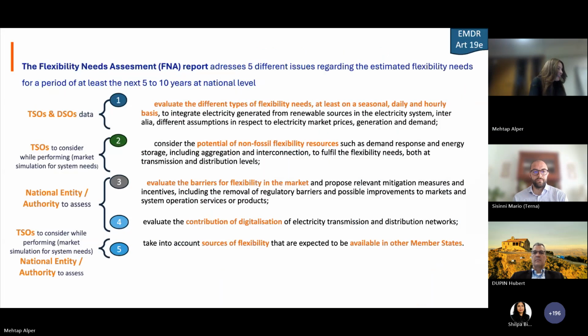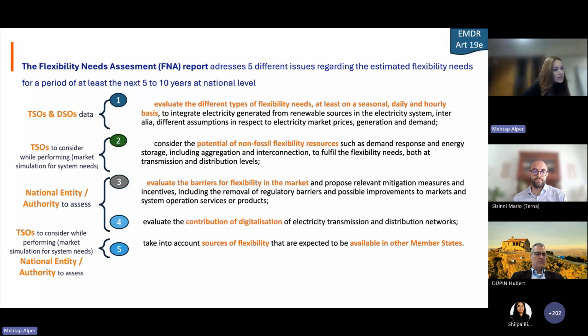And when we go into a bit more detail in the scope of the methodology, as we mentioned, first deliverable of the process: the data and assessments will synthesize the needs and perspective of all distribution system operators and all transmission system operators in Europe. It will provide insight to policymakers and stakeholders to make flexibility resources available in a timely and cost-efficient manner to